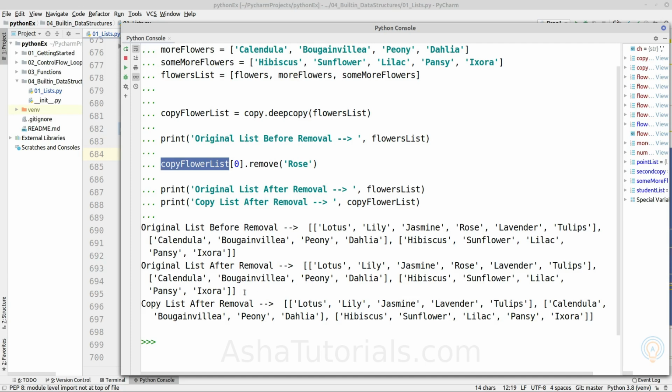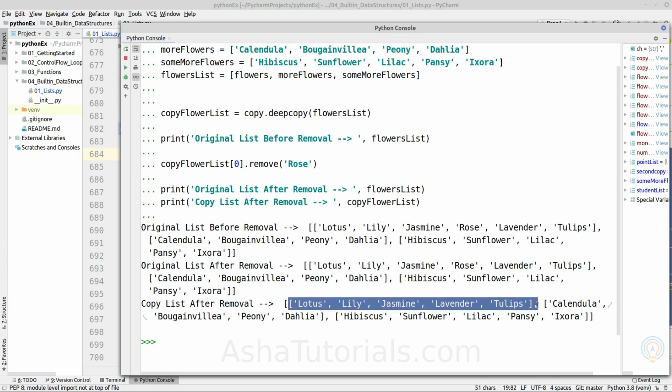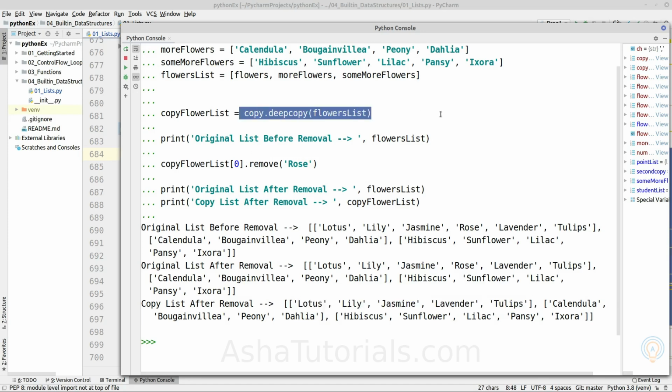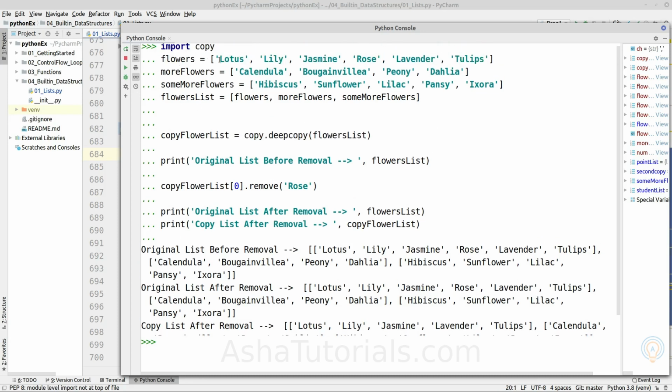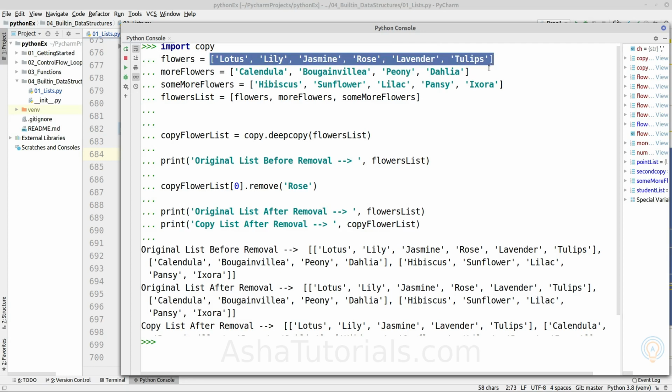So after removing, as we can see, our original list remains the same, but our copy list is missing the rose string from the first list, because when we are copying it, we are not creating a copy of a memory address. Instead we have constructed a new list object from the existing lists.